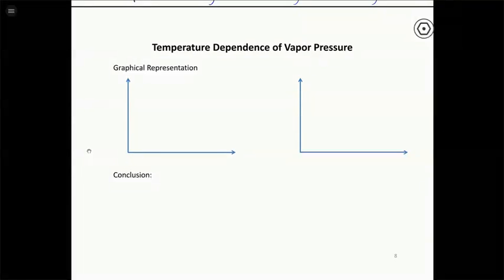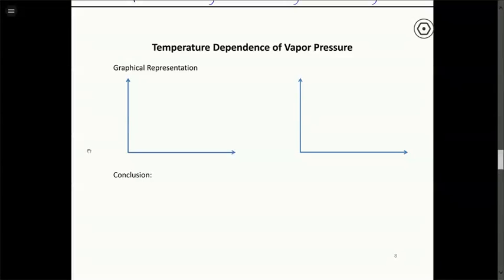So here's a graphical representation of what happens. As I mentioned, when you have a liquid, there are some molecules on the surface that have enough energy to escape. As we talked about for gas molecules, and the same thing is true in a liquid, at a certain temperature you're going to have a distribution of kinetic energies or velocities, however you want to think about it. If we put the fraction of molecules on the y-axis and the kinetic energy on the x-axis, there's always going to be a distribution of kinetic energies at a given temperature, just like we have for gas molecules. At some lower temperature, it's going to look something like this.